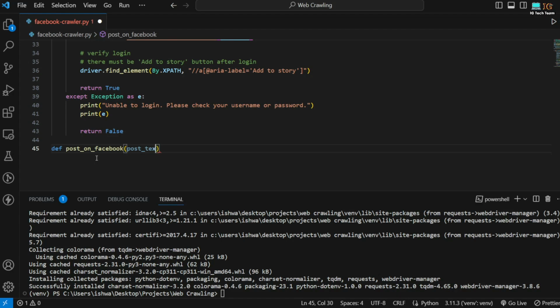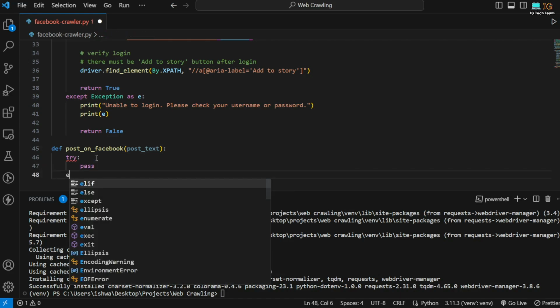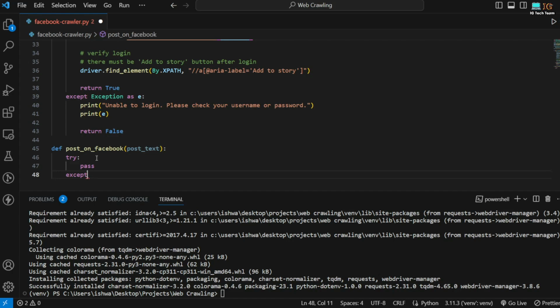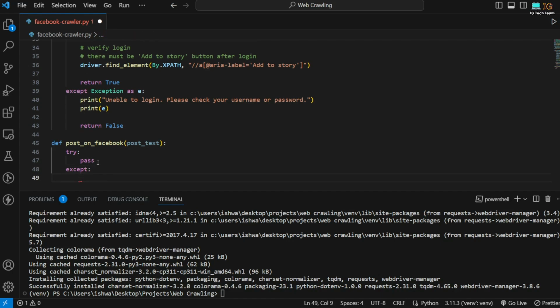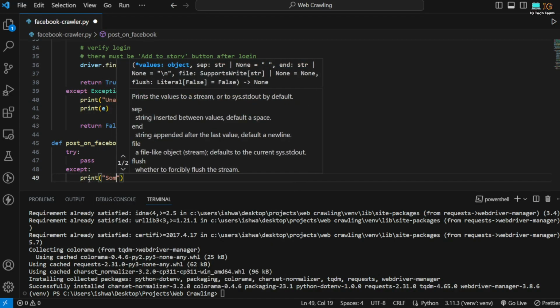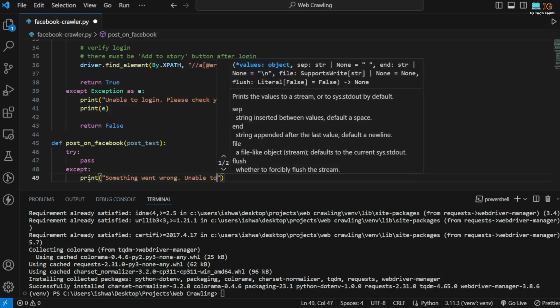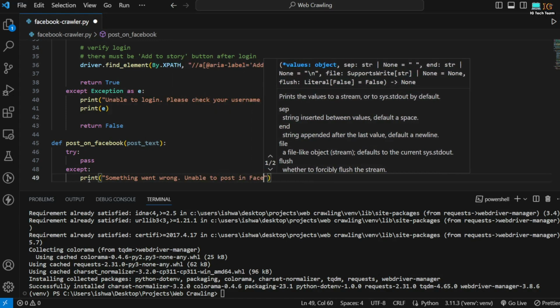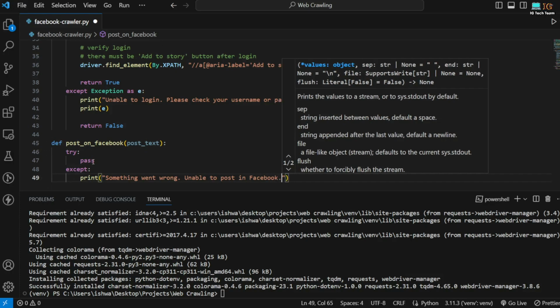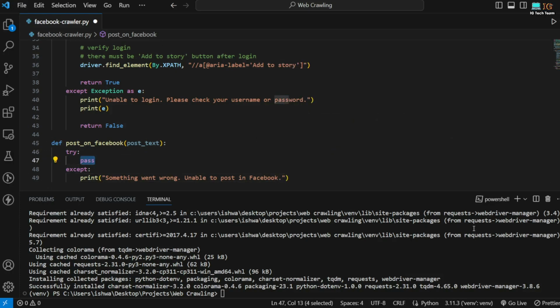Post text. Also let me wrap this in a try except block. Let me write some error message: Something went wrong, unable to post in Facebook. Okay, and in this try block,